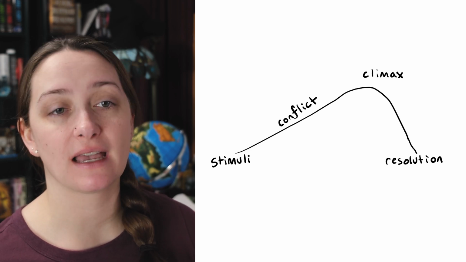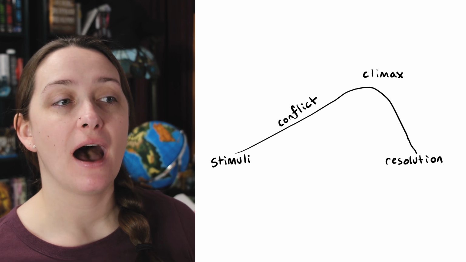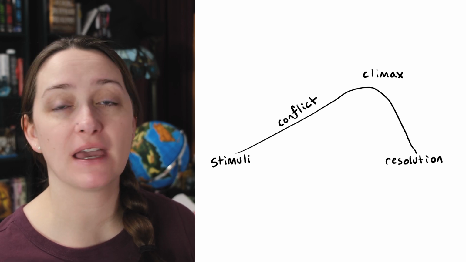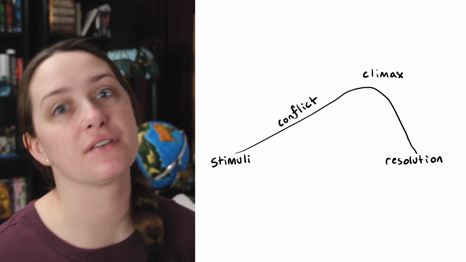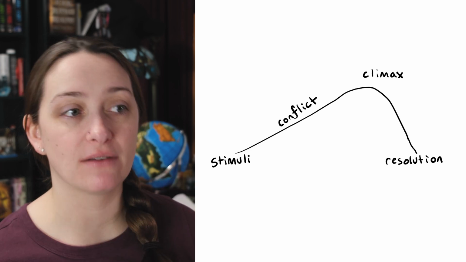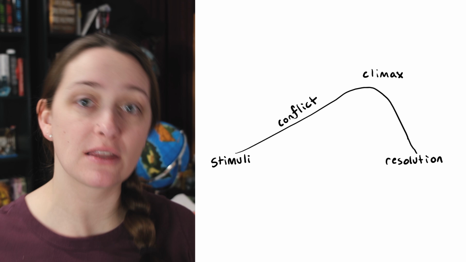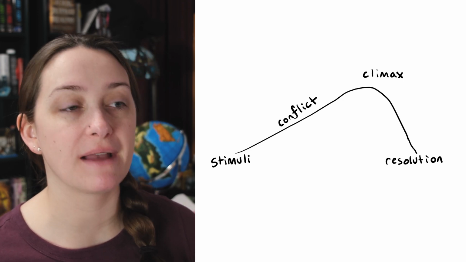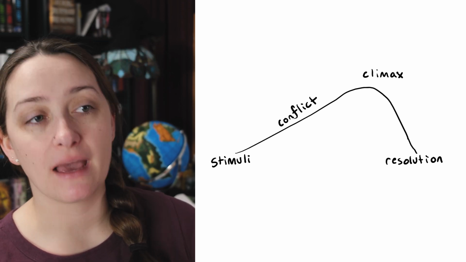And this conflict section can include a stakes flip, right? Where maybe they go to do something and it starts out really easy and then all of a sudden it gets more difficult, right? Something like that within those ups and downs of that conflict where they're winning, they're losing, they're winning, they're losing. How's it going to turn out, right? So then we have the climax.